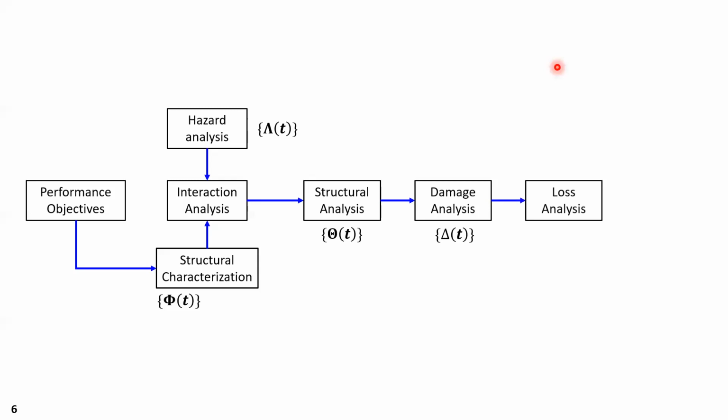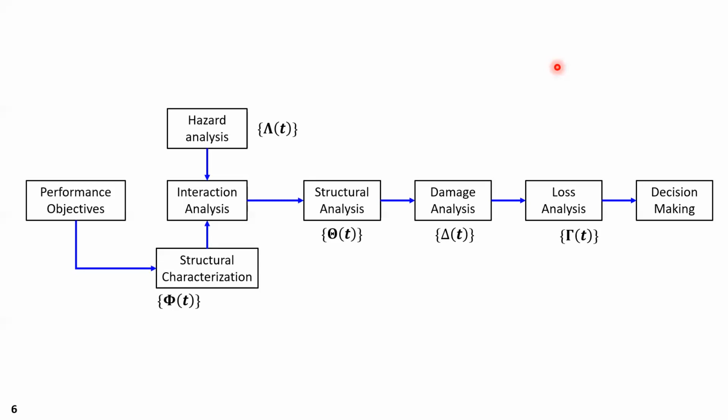Then we follow by the loss analysis that will actually lead us to the computation of the marginal probability density function of the decision variable. It is commonly named loss analysis because these decision variables are usually defined as economic losses, loss of life, or downtime of structures or systems, by the vector gamma of costs related to each damage state defined for the system. And then with these damages and the losses computed, we can make some decisions.